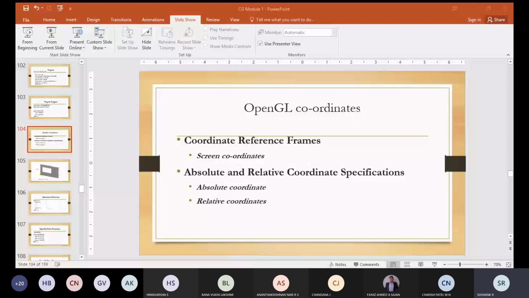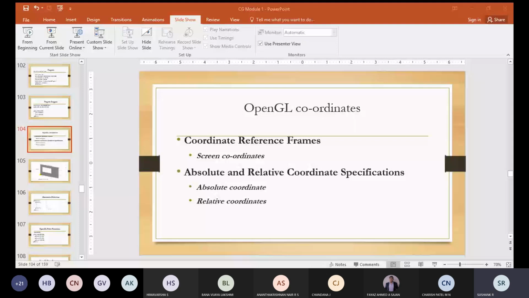Here you will specify the coordinate positions as an offset from the last position which the user had referred, or from the current position, you will specify the coordinate position as an offset value. How can we do this?